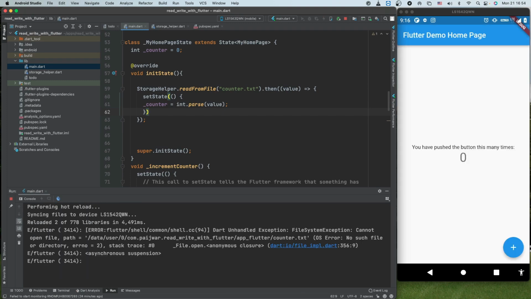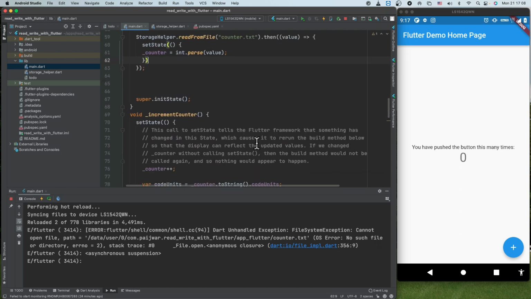Let's see. We'll check the file name again, counter.txt. So here we see the error, file system exception, cannot open file because no such file or directory. That is perfectly fine.